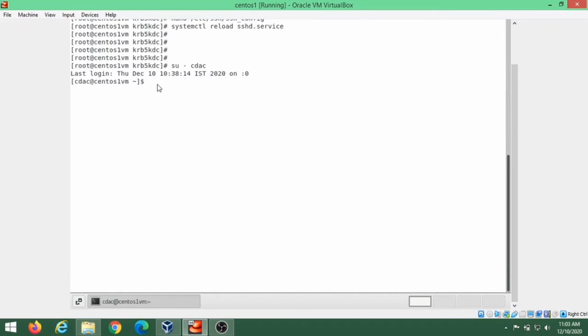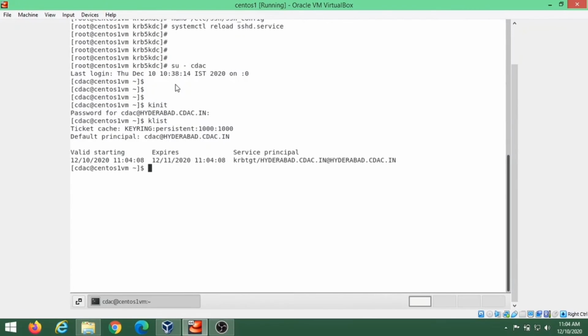Now we will go to the user in our VM. To connect to the KDC and authenticate to receive a token, we will execute the command kinit. We'll give the password which we set while creating it in the database. Now klist will list out your token. Here we can see that the token gives us the default principal, its validity and starting time, expiring date and time, and the server principal.